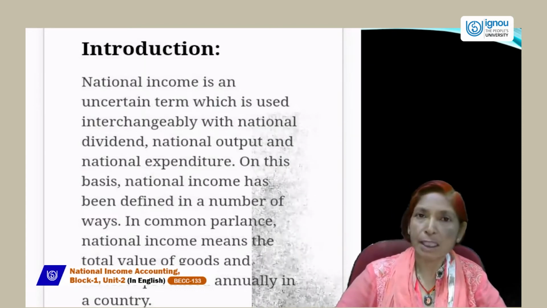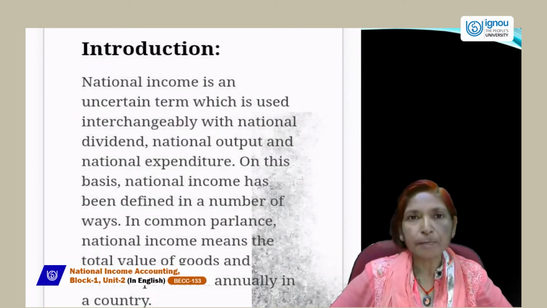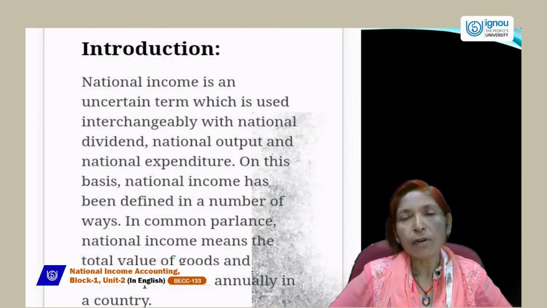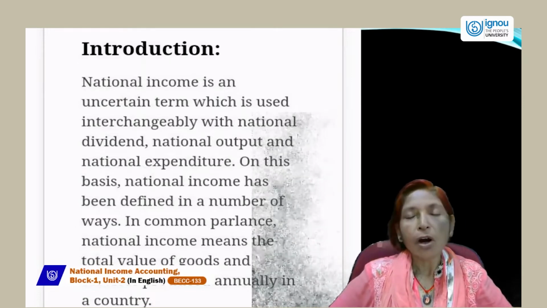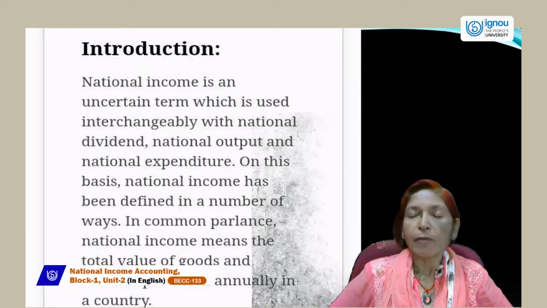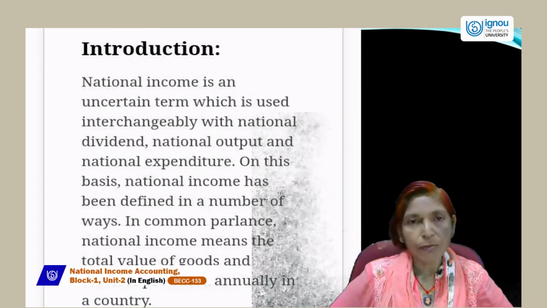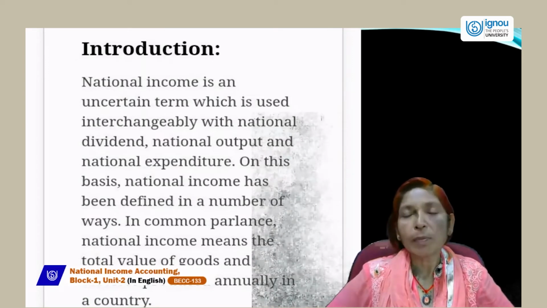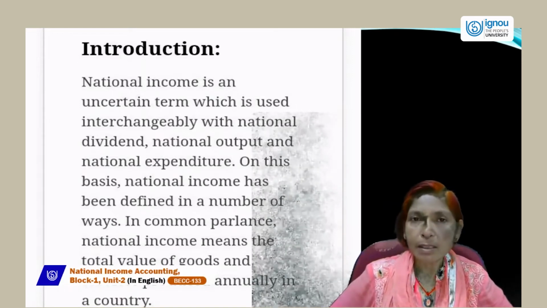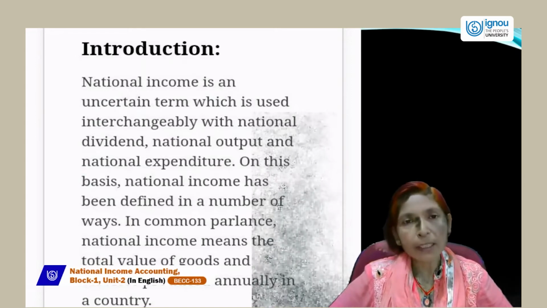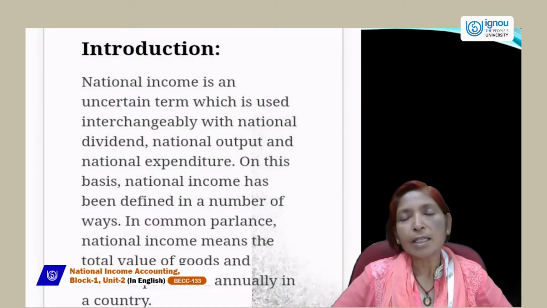And the last method is the expenditure method. According to this expenditure method, national income is the sum total of all expenditures made by private individuals, the government sector, the firm sector, and the rest of the world sector. So all expenses incurred by private individuals, plus the firm sector's expenditure, plus government sector expenditures, plus rest of the world expenditures in the form of exports and imports, if we add all these things, then we can get national